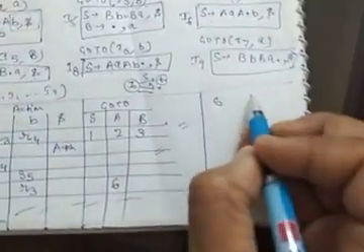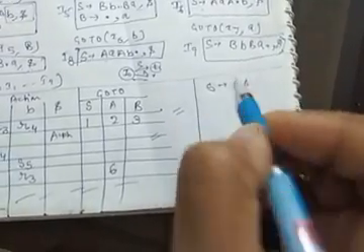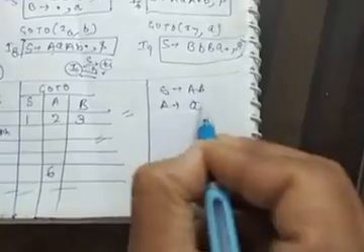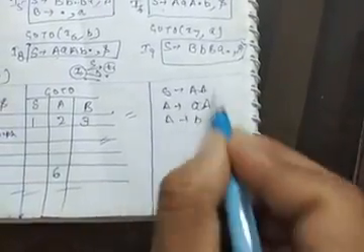Do one question which I have given you. S to 2A, and like this, A to A2B, like this. There is a question, so you can go through that and solve that question.